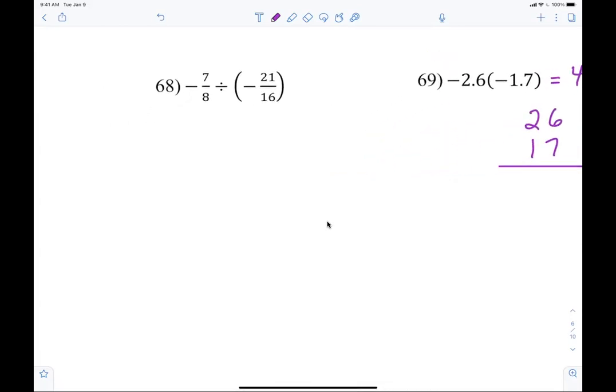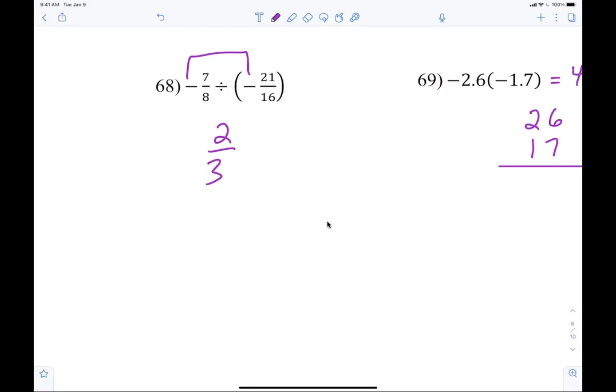All right. 68. Does anybody else get 2/3? Yeah, I got it. Everybody okay with it? Now we know a negative times a negative is a what? Right? Now, again, like I said, I want to show you, but it's not necessary if everybody got the right answer. You might need me to help them with that. Division is multiplying by the what?